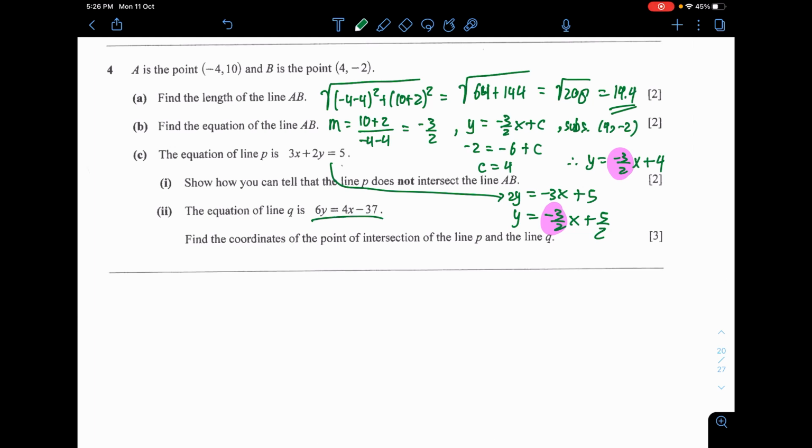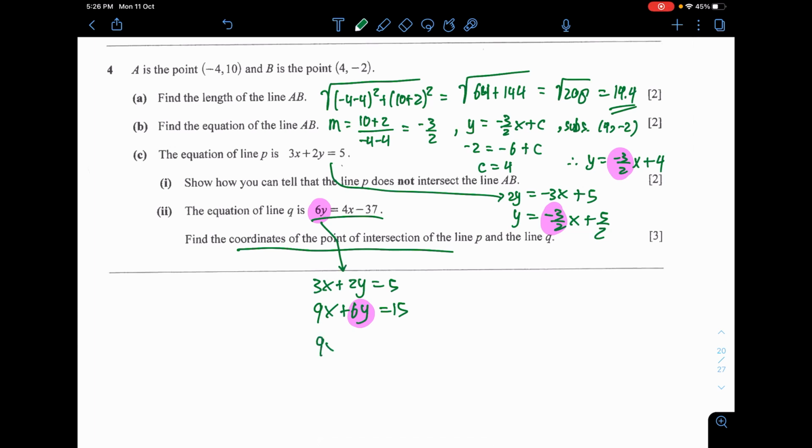Next, the line of Q is introduced to be this. Find the coordinates of the intersection. Intersection of two different lines, be it line or curve actually, you can do simultaneous equations just to get the numbers in. Now you have 3x plus 2y equals 5 here. There are a lot of ways to do this, so up to you what you want to do. This equation here I'll multiply by 3. This is my choice. You don't need to really follow my method. The reason why I multiply by 3 is so that I got 6y here. Now, since I have a 6y already from the equation of line Q, I intend to actually substitute them.